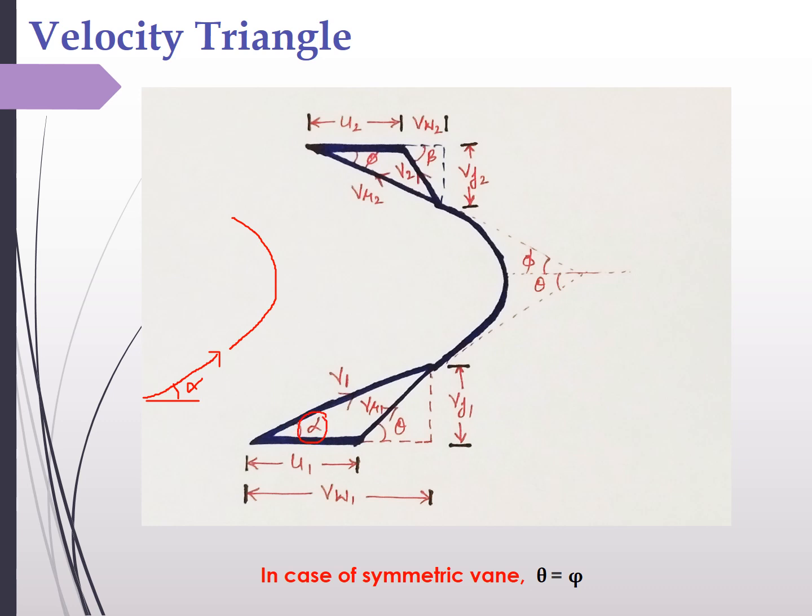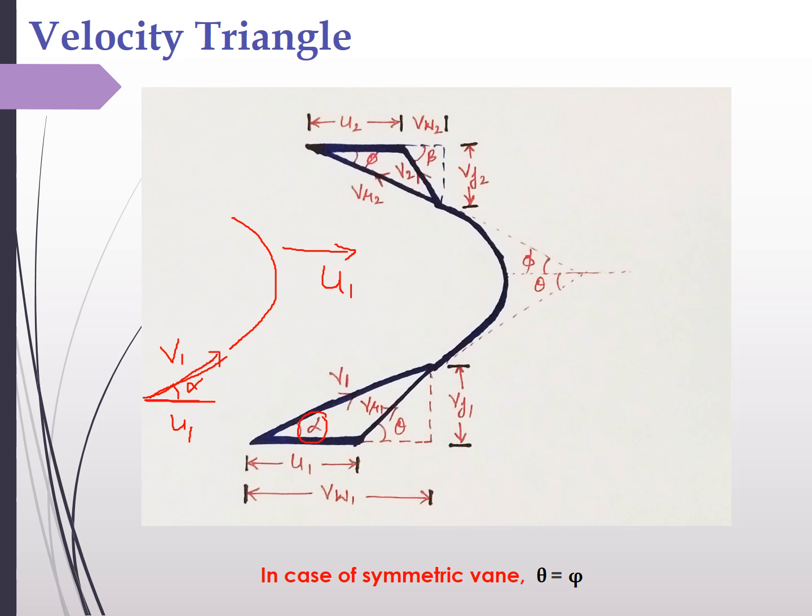We also know that there is a movement of this vane in the x direction with some velocity called u. So this velocity u at the inlet will be denoted by u1. So when we draw the velocity triangle, this component will give us the absolute velocity v1 at the inlet, and it is also moving in the x direction with some velocity u1, called the velocity of the vane. So the angle between v1 and u1 is called alpha, which is denoted over here.